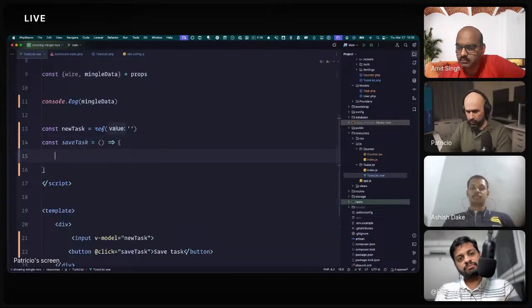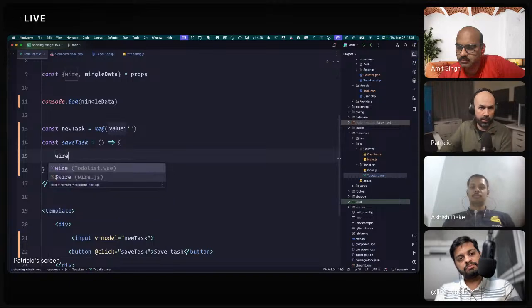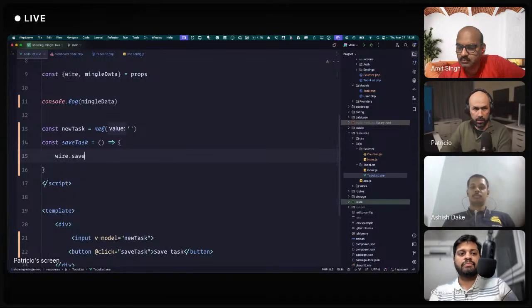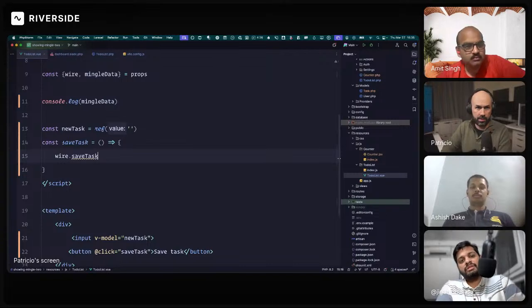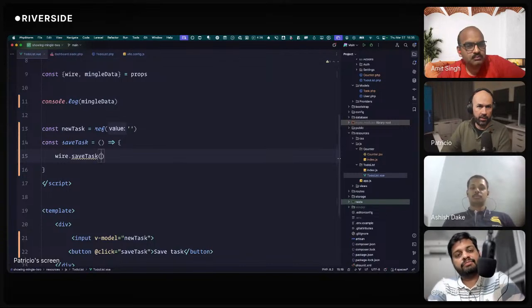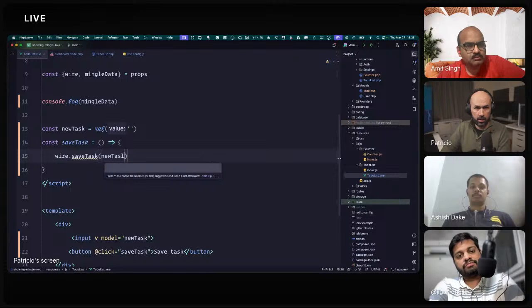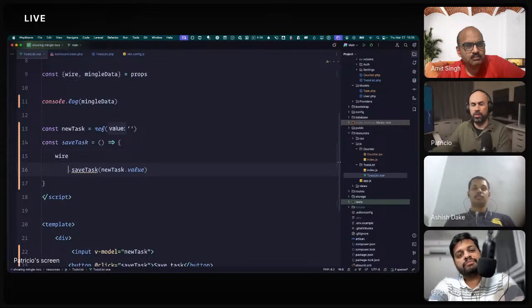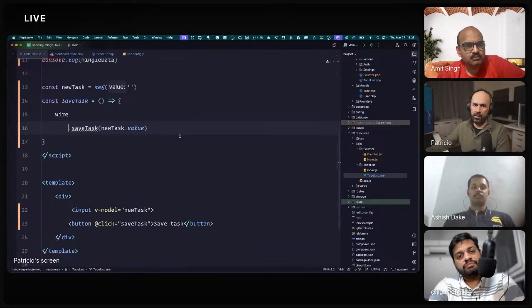And I will do wire dot save task. Yes. And I'm going to give it new task dot value. That's it. Okay. So if all goes well, it should persist a task.